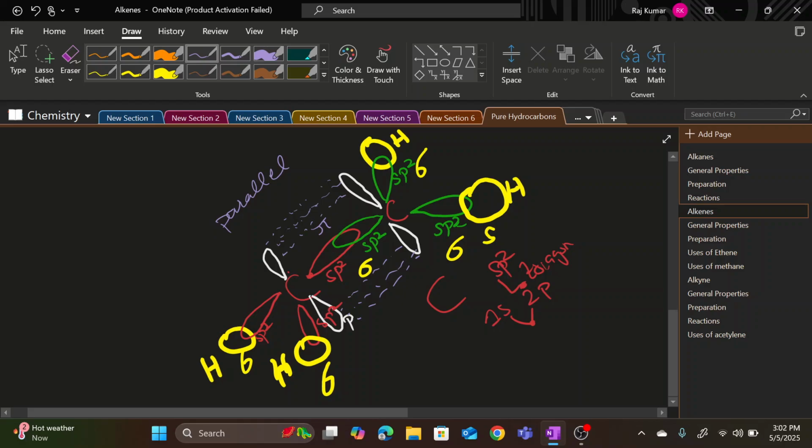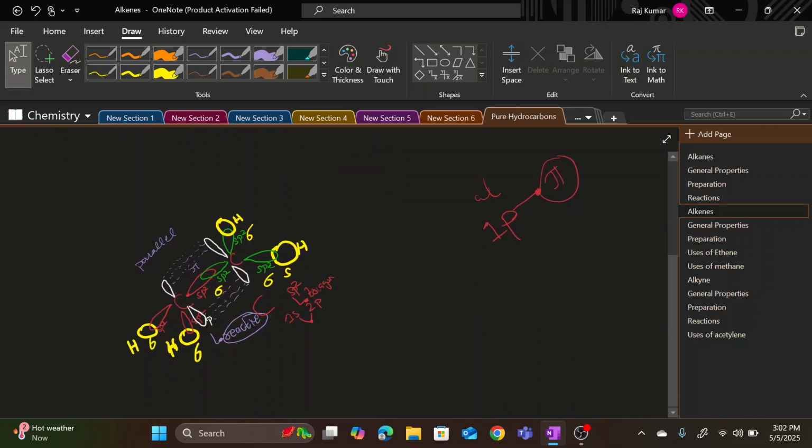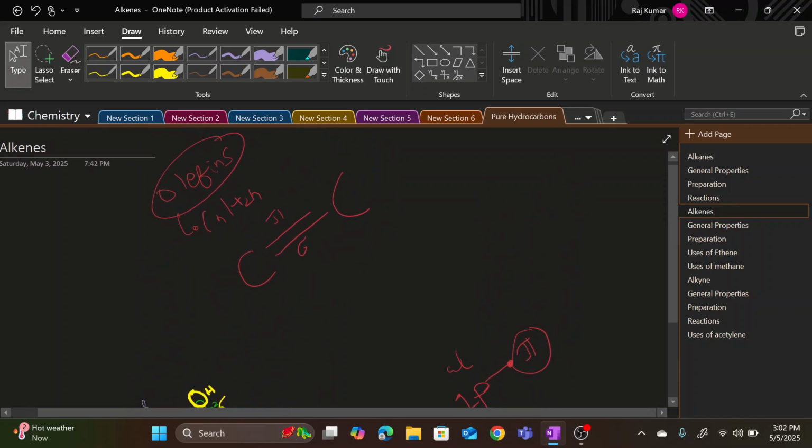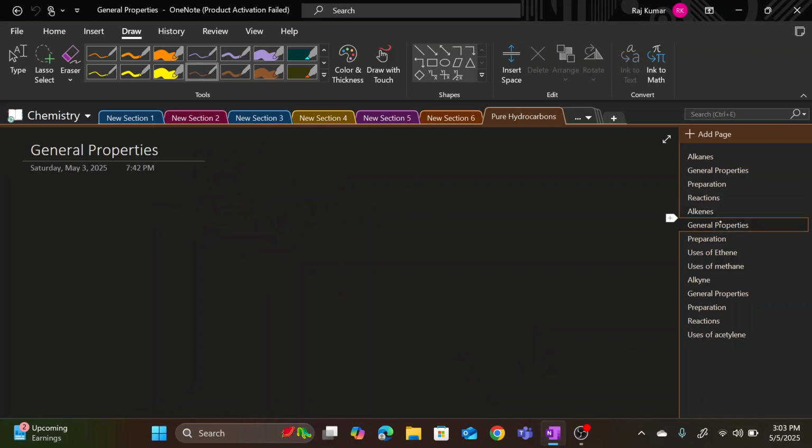It is a weaker bond, and that's the reason it makes alkenes highly reactive. It has one pi bond which makes it pretty reactive. So this is all about the structure of alkene. Now let's understand one more thing over here, which is its general properties. The lowest member is ethene, C2, because of course with one carbon we cannot form a double bond. So C2 to C5